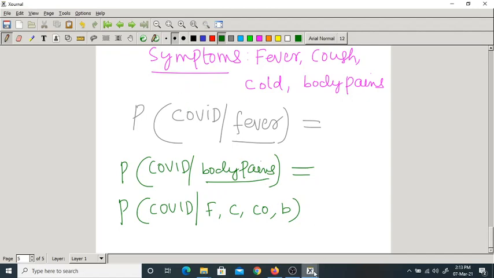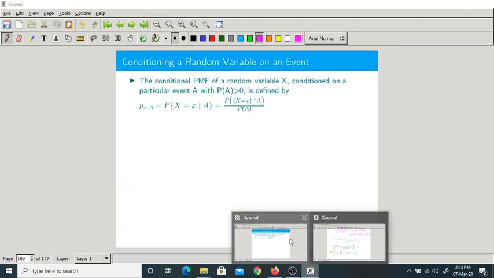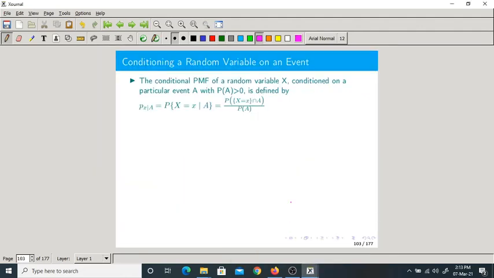Now, we have discussed all these things, but now we are discussing them with respect to random variables. So that is a difference. Earlier we discussed two events, A and B. Now here we are discussing conditioning where one is a random variable and the other is an event. There are no two events. One is a random variable and one is an event. So I request you not to get confused by these notations. They are very simple, just like the conditional probability of two events discussed in the previous classes.